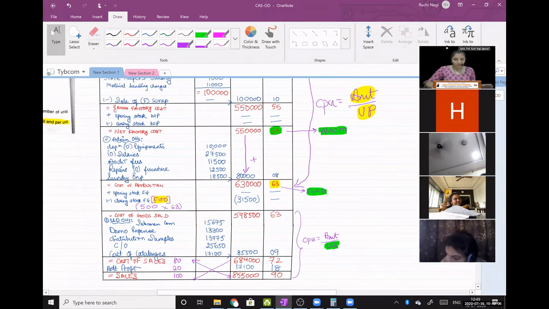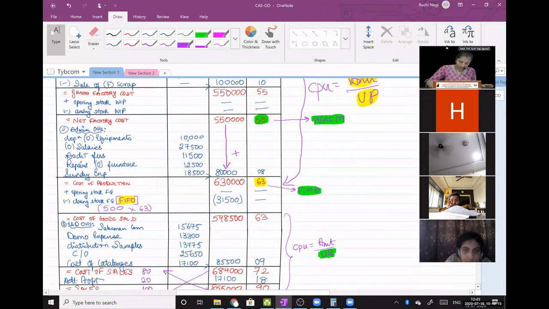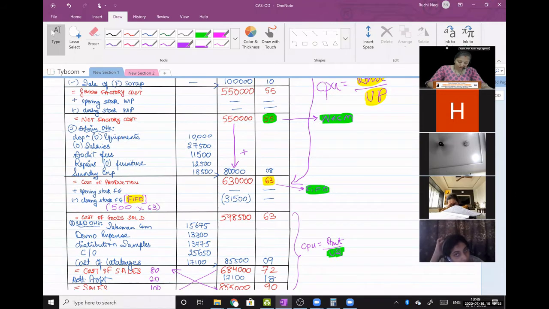Okay, is the question clear? Is the solution clear to everyone? Okay, fine, great, good. So did you all realize what we did yesterday? CPU, how we calculated, and today how we calculated. Yesterday CPU was obviously a task, an effort-taking method, and this is an effortless method.